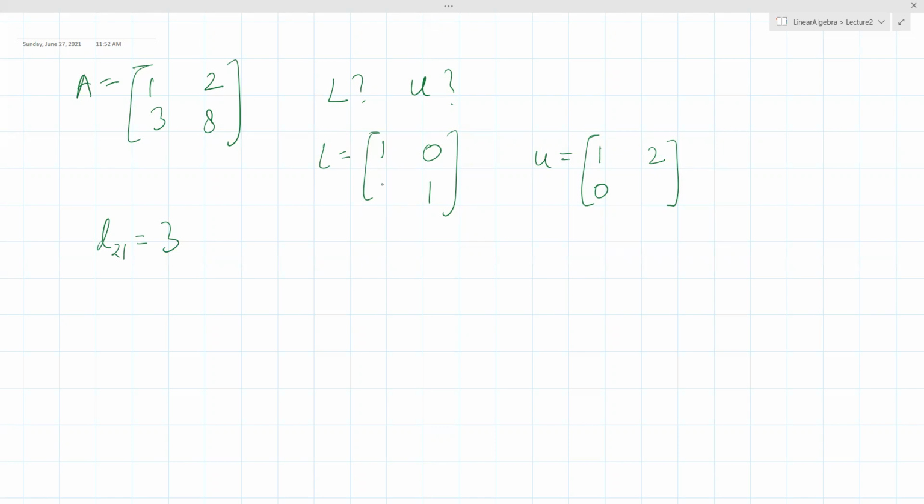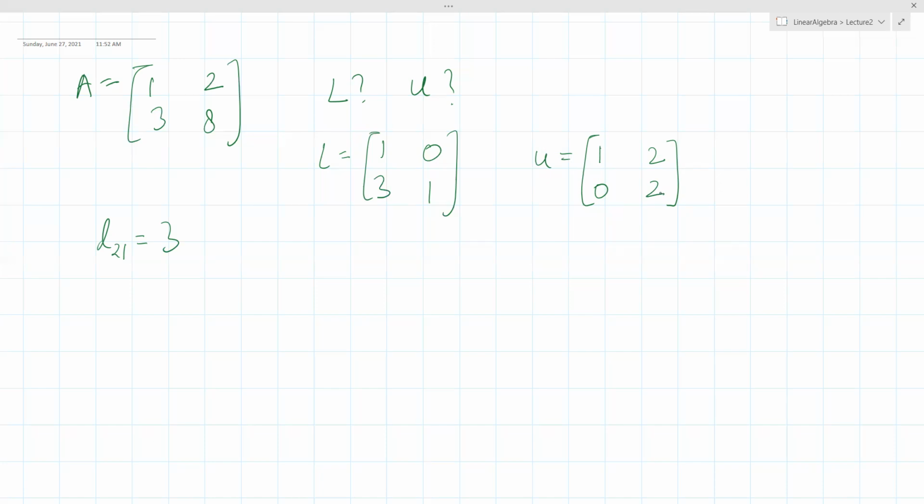Not -3, but +3. It will be the same as this, because this is the inverse of E, F, G. So this becomes 3, and this will be 3 as it is. And what will this be now? What will its value be? We'll have to do the subtraction to find this out. So 3 times this is going to be 2. Is that okay?